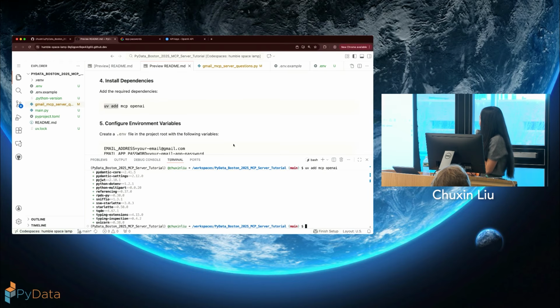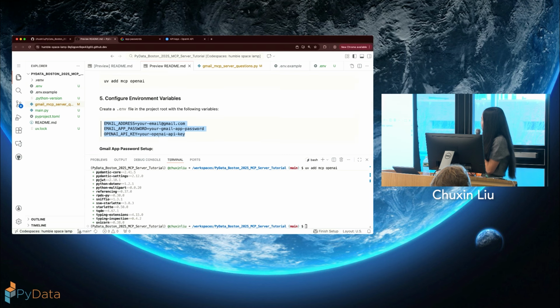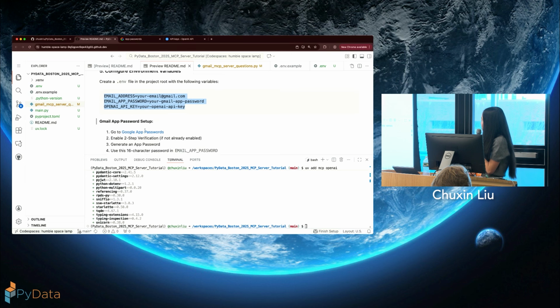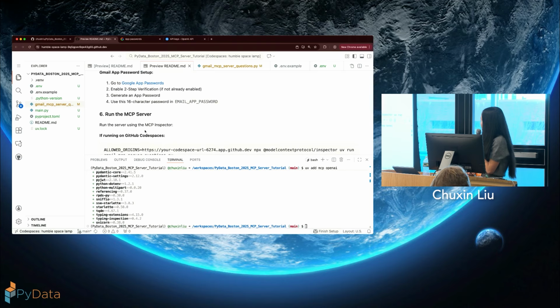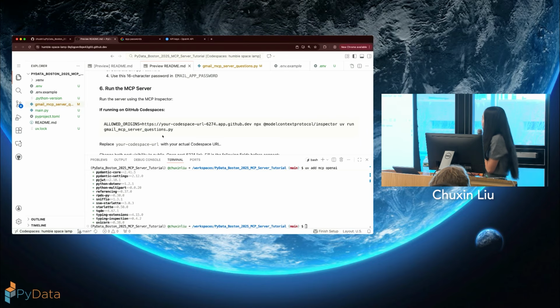Okay, once we added the dependencies, we already did this already. Remember here at the env file. So we have that. Yes. Now we can run the MCP server. So if you are at GitHub Codespace, this is the link that you need.